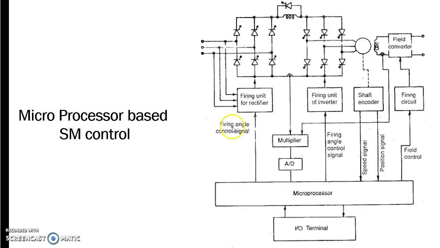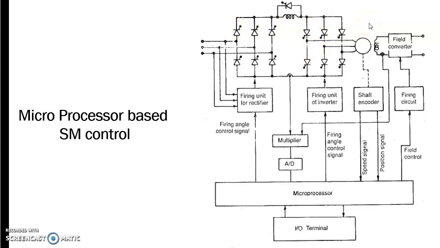Here you can see a circuit diagram or block diagram of a microprocessor based synchronous motor drive, and the system consists of a DC link converter. You can see AC to DC and DC to AC. Two converters are here. This circuit diagram we already discussed. It is a line side converter and load side converter, and we already explained the self-controlled and true control mode of synchronous motor drives using this circuit diagram.